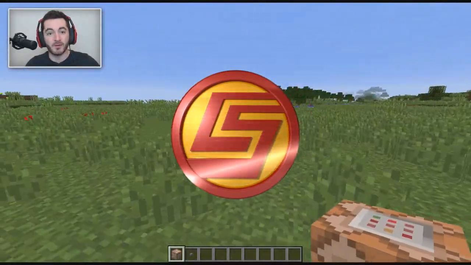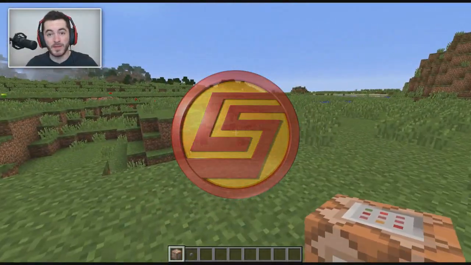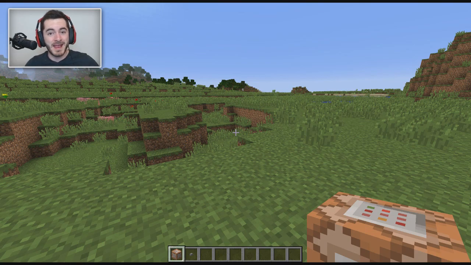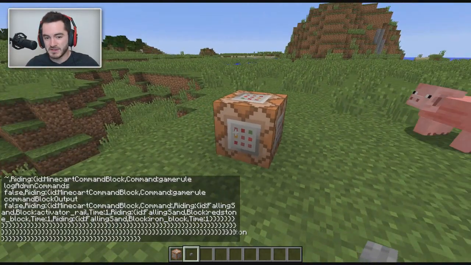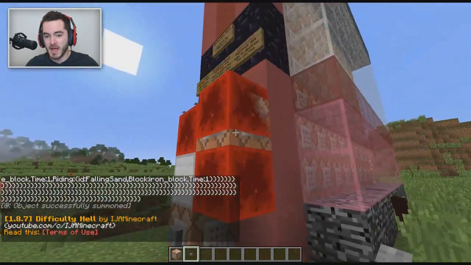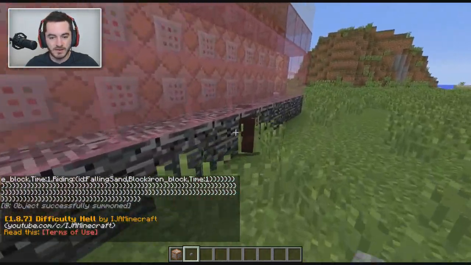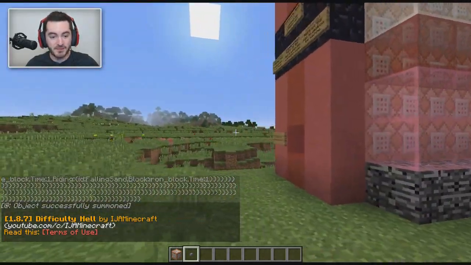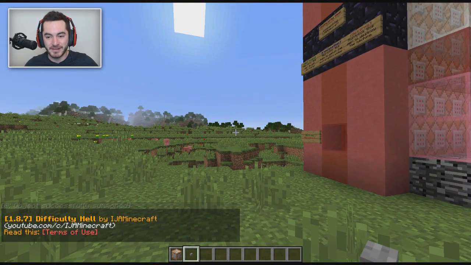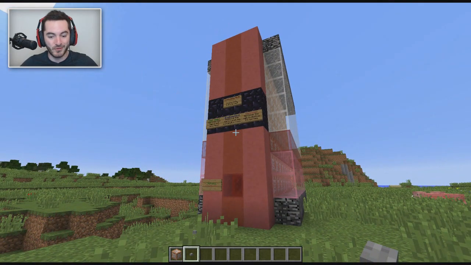Sometimes you feel like maybe Minecraft is a bit too easy for you. If that's the case, maybe this command is right for you. It allows you to enable Hell Mode, which, as you can probably guess by the name, is, well, not only... does this kill the pig, or maybe it doesn't kill the pig. Good job, buddy. This is Difficulty Hell by IJA Minecraft, and it makes things a lot more difficult once you